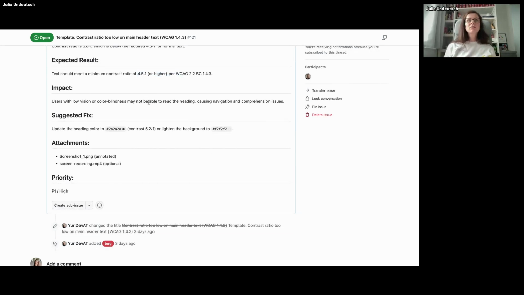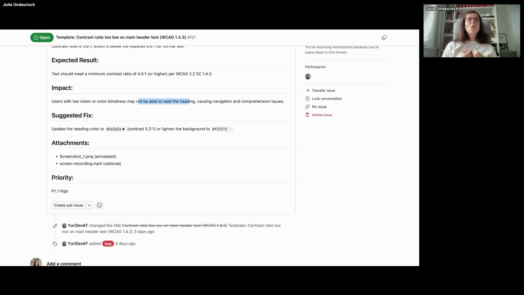So maybe they think, okay, what is the contrast issue? I don't get it. Who cares about the contrast? Then you can give them more information about the impact: maybe for you, because you have perfect vision, there's no problem, but think of people with low vision or with color blindness and such, they have trouble navigating. And then it's way easier to understand that, yeah, of course, I never thought about people with low vision, because I personally do not know one with low vision, so this was not on my mind. And then they will also start learning.